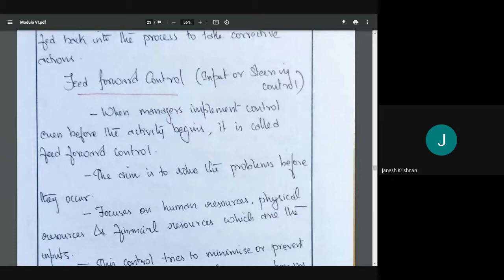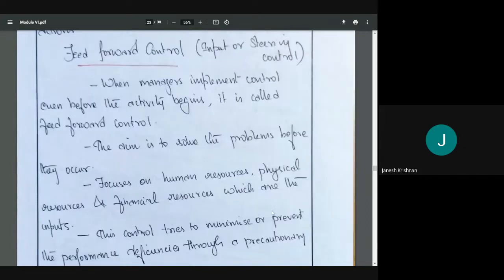So here, the focus is on human resource, physical resource, and financial resource. So all the aspects have to be considered. How many people are there in my company, what is their capability, the human resource. What is the equipment available in my company, the physical resource, how much is the infrastructure in my company, and what is my financial aspect, how well I am doing in financial terms, right? So all these are taken into consideration, and basically all these are the inputs, right? So we focus on all the three inputs.